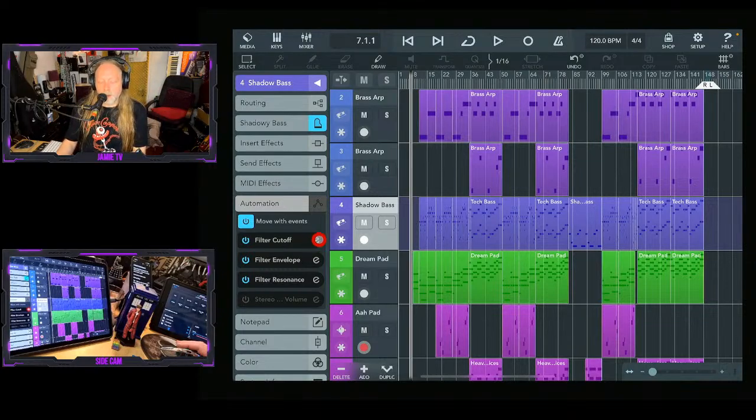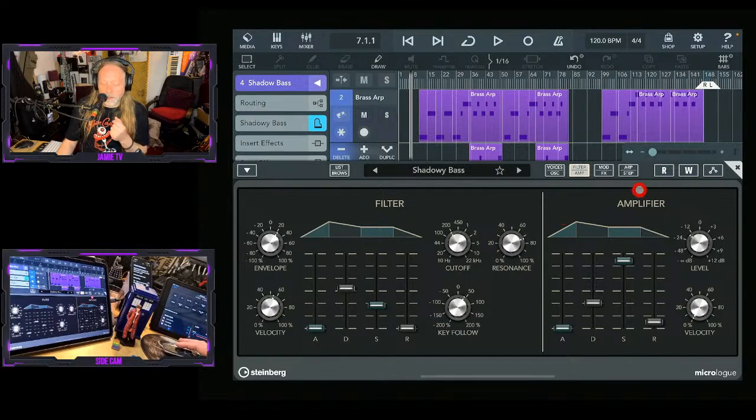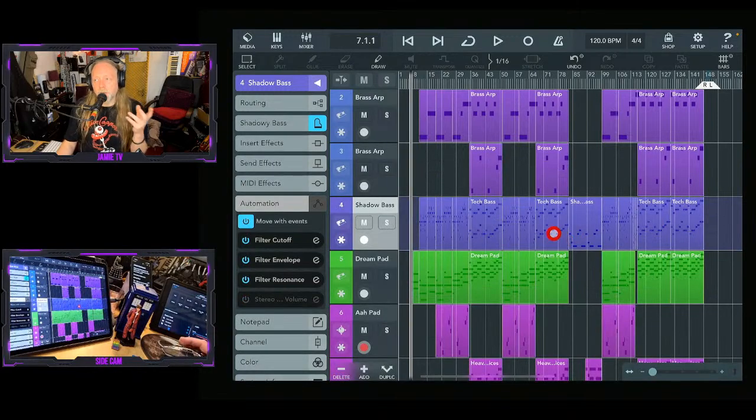And I was messing around with this bass track, and I was playing with the cutoff and the envelope and resonance here in this synth, in Microlog, playing with these three controls. So what I did was, after the stream, because I'd been messing around with it and I'd recorded so much of it and I kind of liked it, but it was also incomplete and a bit of a mess, I went and